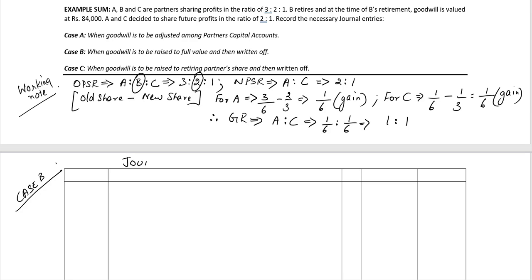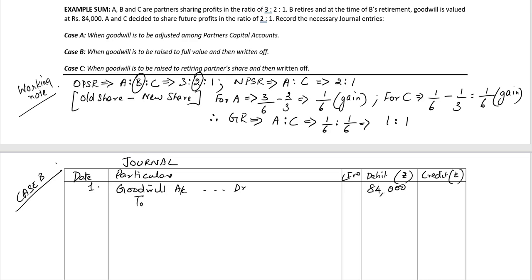Journal, date, particulars, LF number, debit rupees and credit rupees. The first journal entry, we will raise goodwill to full value. So it's goodwill account debit, ₹84,000 goodwill of the firm,